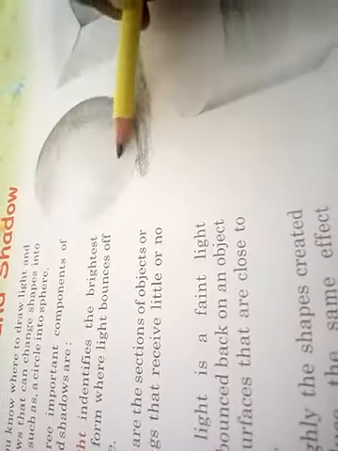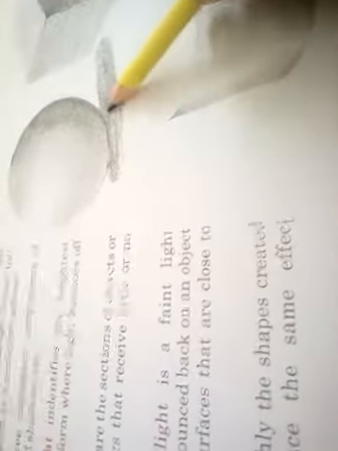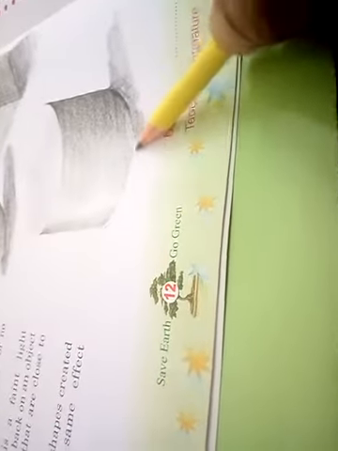Here they are giving 1, 2 and 3 shapes, and you can use shadow, the colors are already given. See, this part is the dark, in between is the middle, and this part is the highlight, right? Here on the downside, the shadow is also done, right? Same way here. This part is the dark, so we can use dark on this part, like this type, because this part is the dark and this part is the light, right?